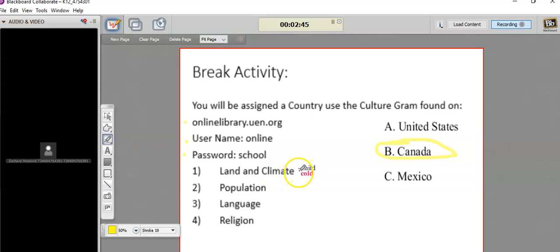Like that, you're putting up there the land and the climate. Somebody's talking about the population down here. Good job. So somebody can hit what the language is in Canada. There's two main languages, and then also religion in that area.